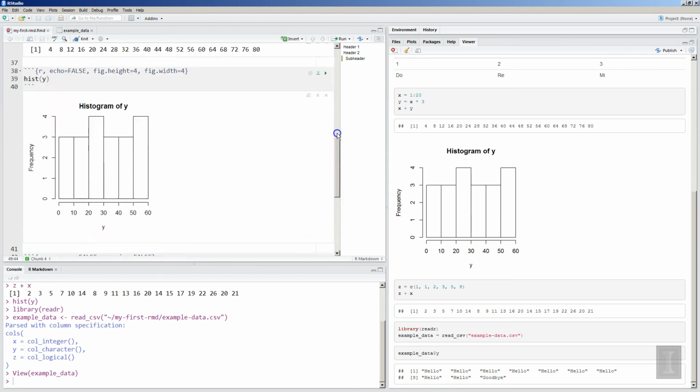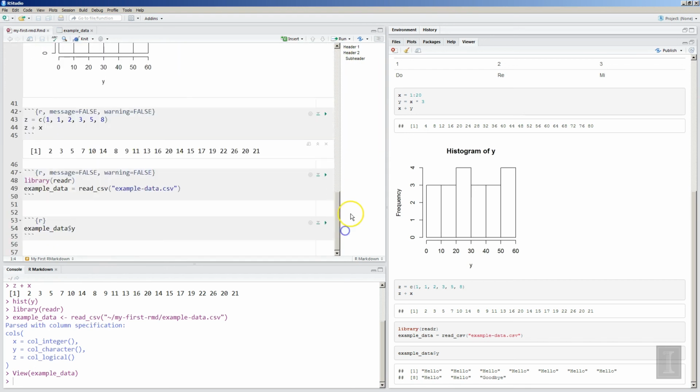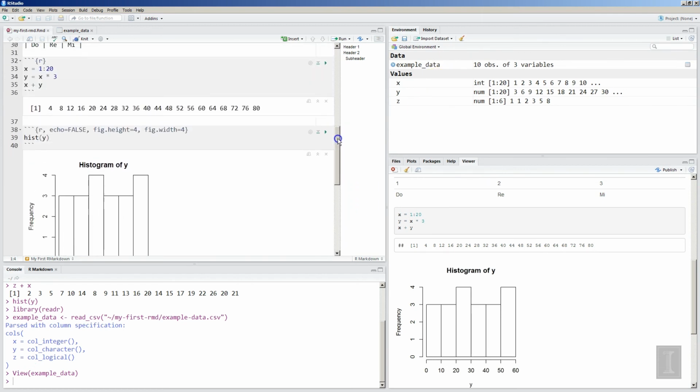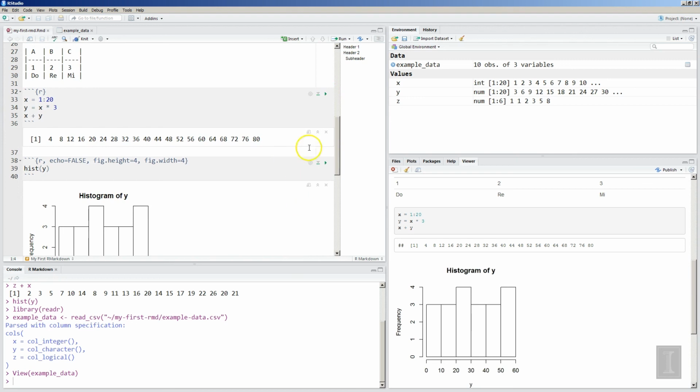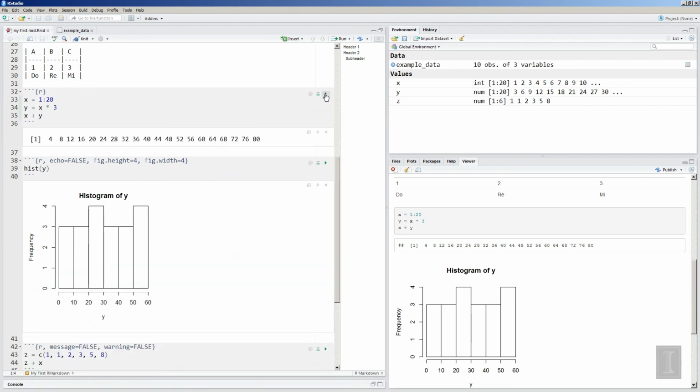When I'm knitting, everything has to just read in order from the top to bottom of your RMD file. When you're working interactively, things are being affected by the global environment here. So note that, for example, things can be run out of order now. So I could, for example, continue to run this chunk here,